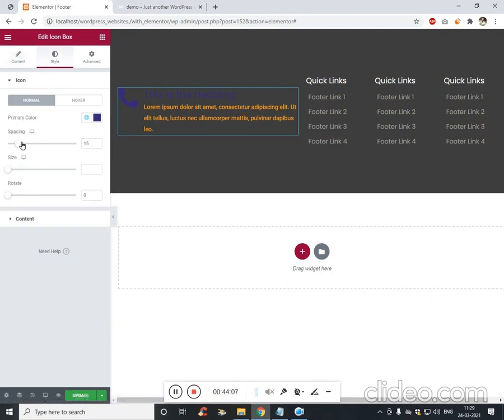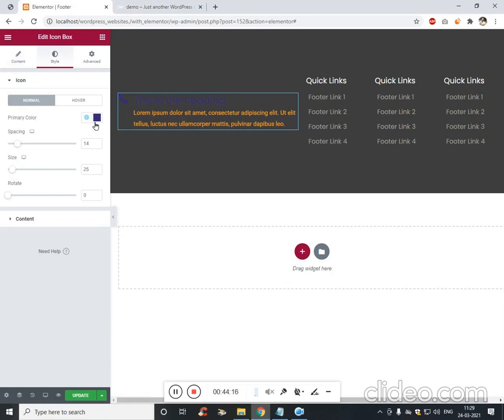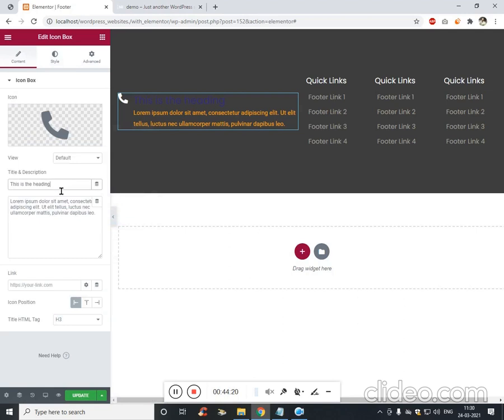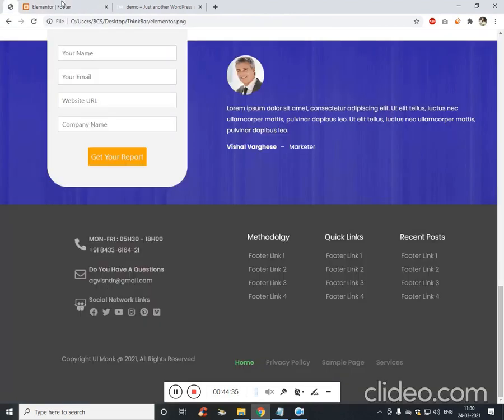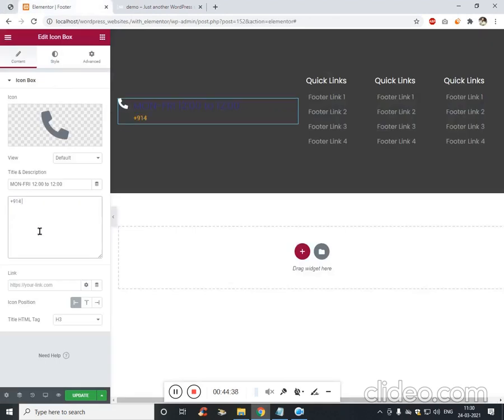This is okay. We'll make this white. To change the text, Monday to Friday. Change the text by